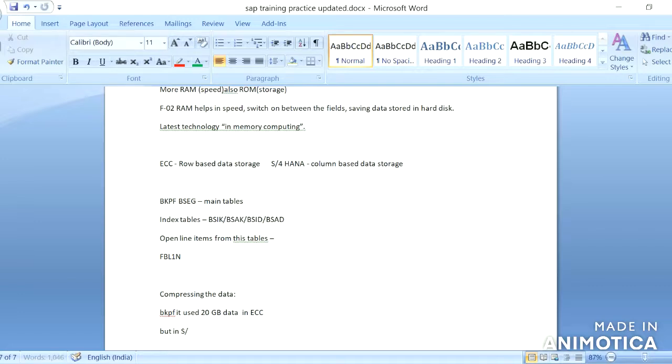But in S/4HANA it uses only 5 GB, as the data is compressed and also column based. Here it uses column based storage and the data is also compressed.